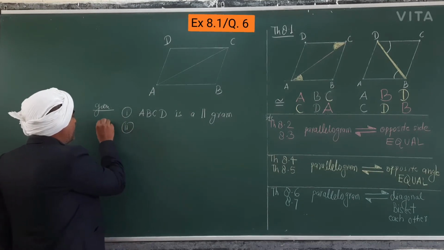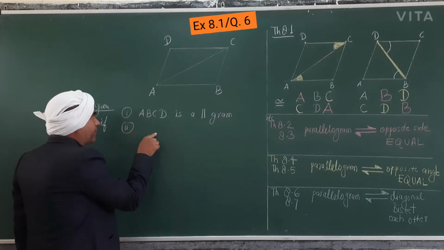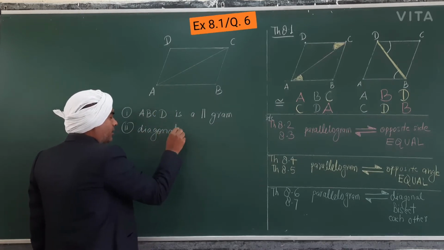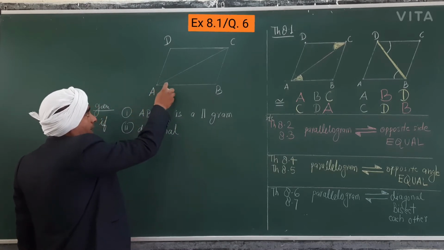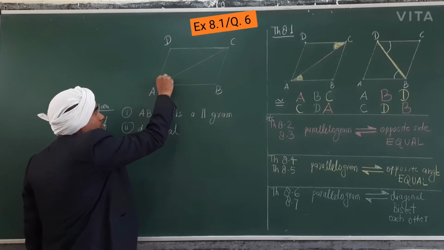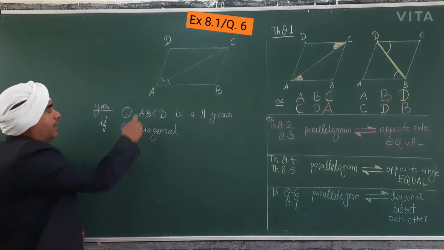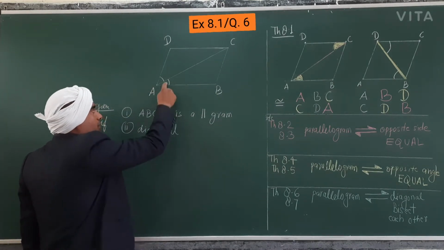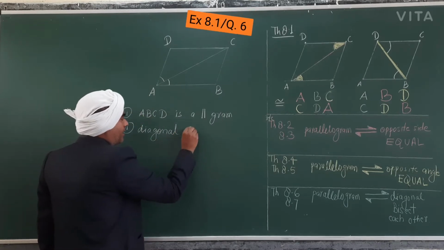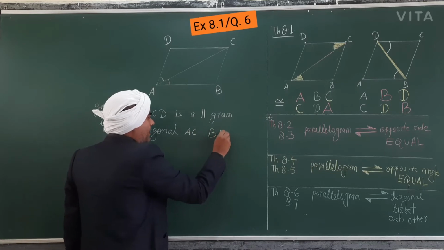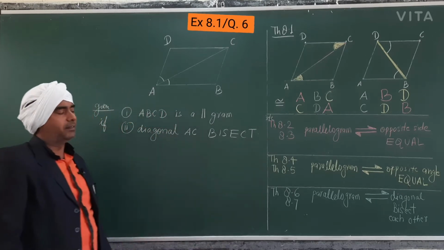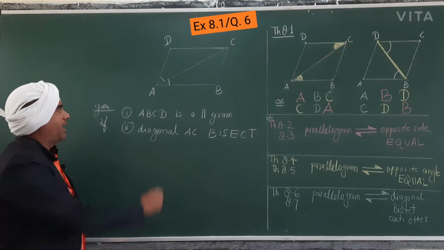If the diagonal AC, normally in a parallelogram, I will show you this angle is not equal to this. Just wait some time. Normally if this is only a parallelogram, this will not be equal, but the condition is: if diagonal AC bisects, meaning divides in half, angle A,